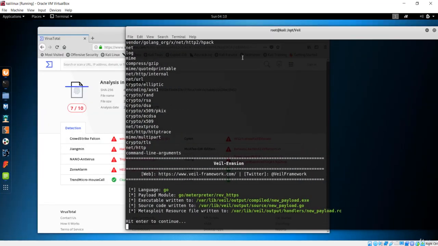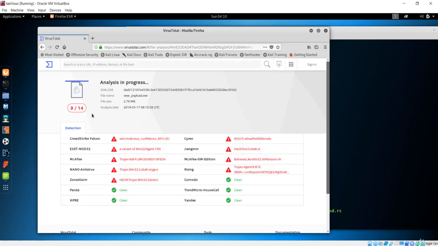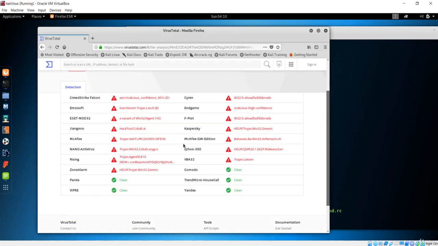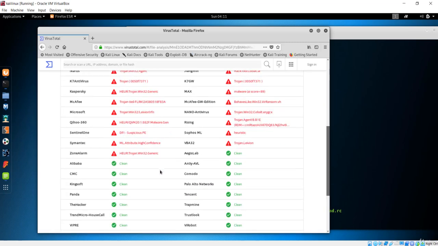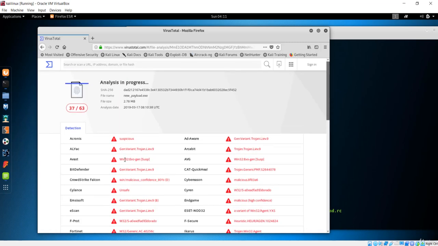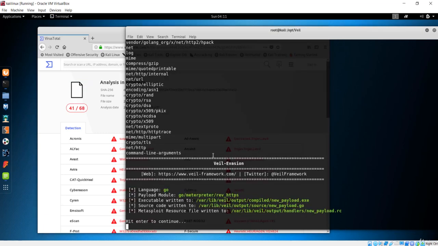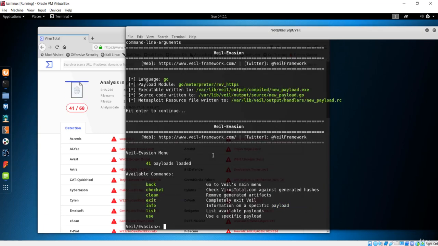You can see this doesn't work again. It is not working at all. We didn't get anything better than before. It was the same as before. It is also detected by Avast, and I think it is detected by more than before. It is now 40 out of 67. That must be worse than before.